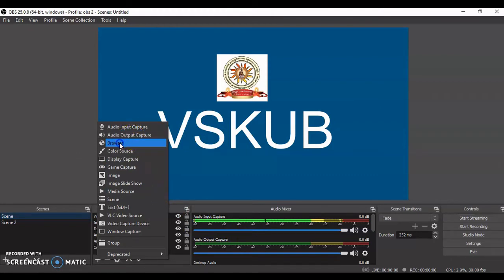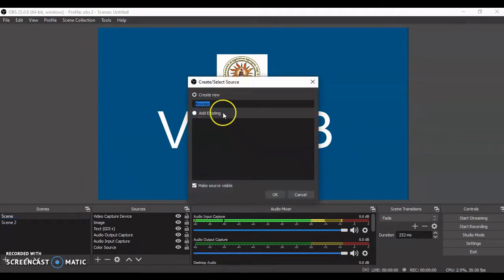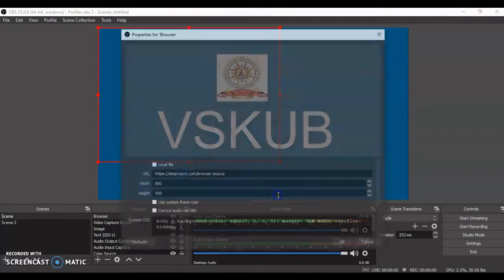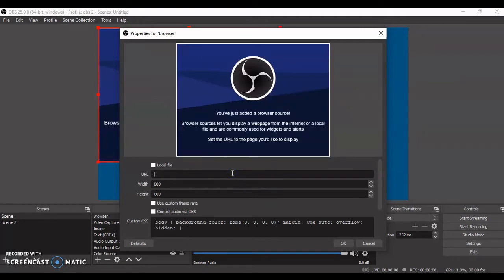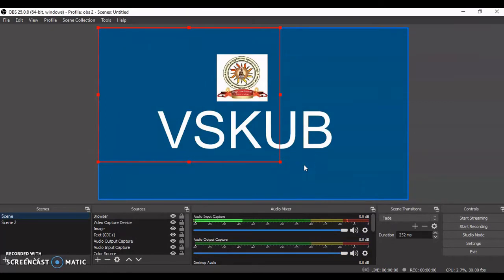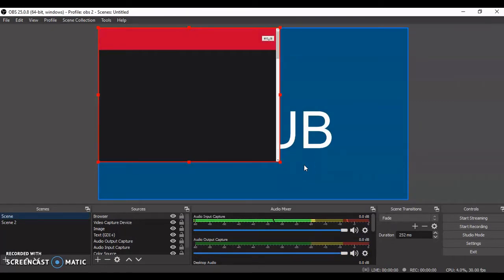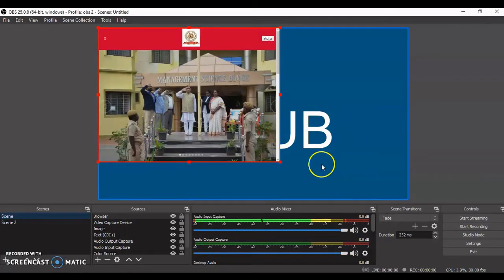For example, if I click on browser, it asks me to create a new browser, and if I say OK, it asks me to put a URL. So I'll put our university website, vskub.ac.in. If I click on OK, immediately it will take us to the website which we have put.